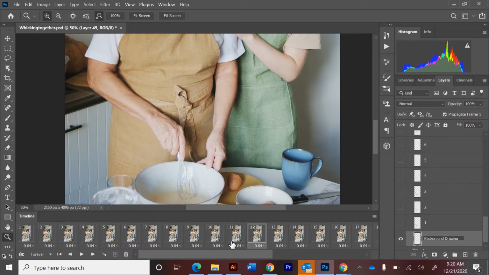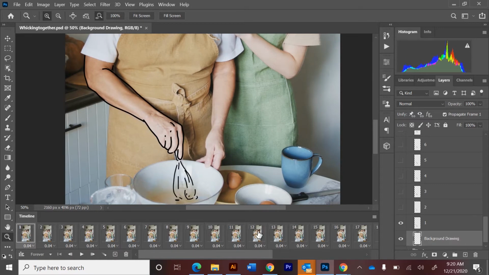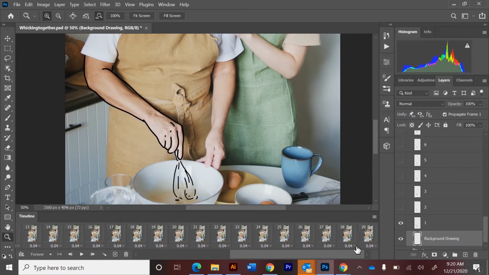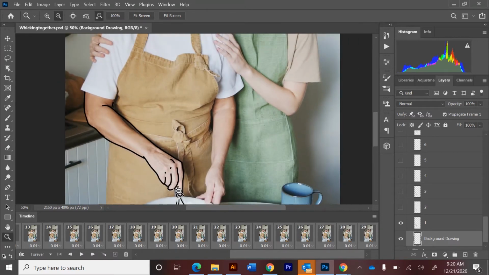Okay, and I'm going to want to turn this on in every frame. I think when you make a new layer, it automatically does that. I'm just checking with shift. Yeah, my background drawing layer is going to be on in every single frame so that when I zoom out,